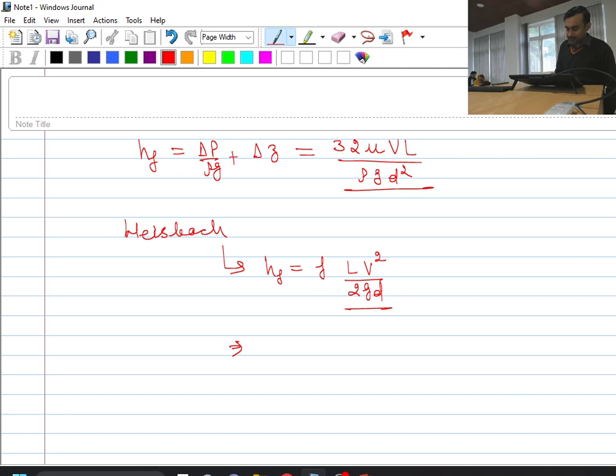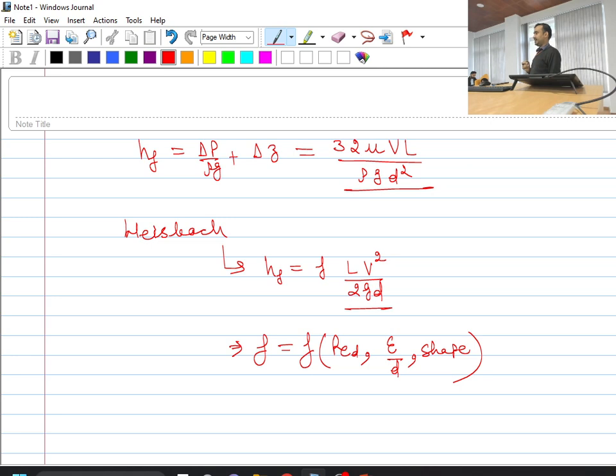He proposed that f is nothing but a function of the Reynolds number of the pipe when it is calculated based on its diameter. Second, it is also dependent upon the relative roughness of the pipe, and it is also dependent upon the shape of the duct. So these three functional dependencies were taken. So what is the value of f? It will depend upon all these three parameters: the Reynolds number of the flow, and the relative roughness, where this epsilon